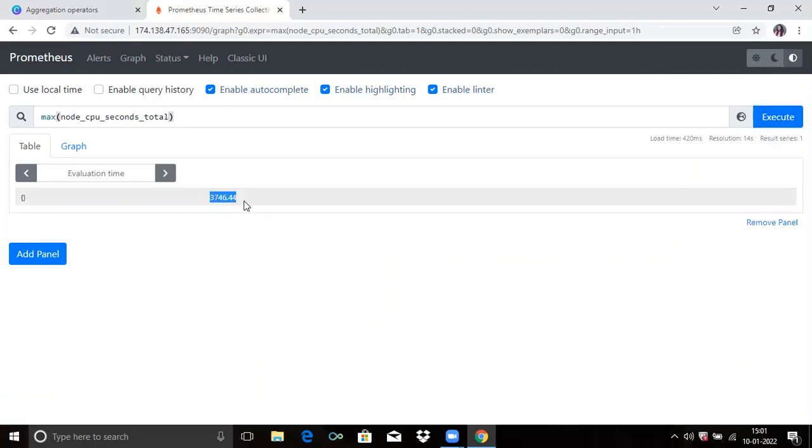The max operator returns the number of seconds that the CPU has spent at maximum time. So here enter max and in brackets your expression. Now click on execute. On execution, you can see the max operator returns the number of seconds that the CPU has spent at maximum.